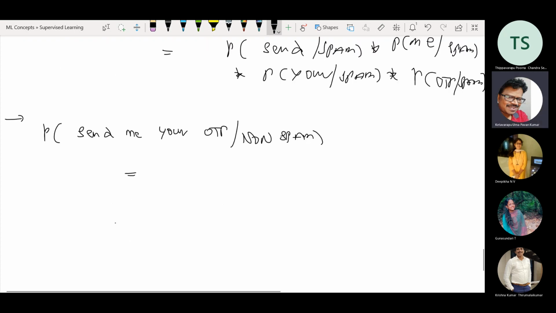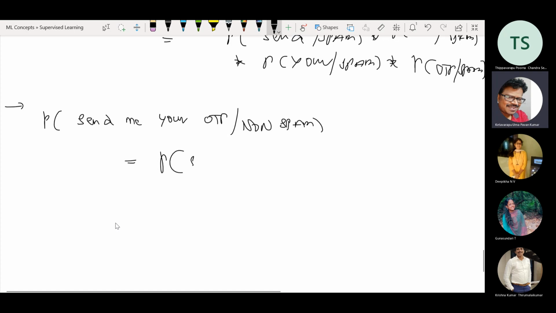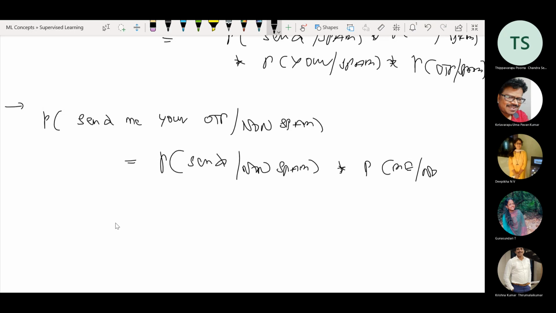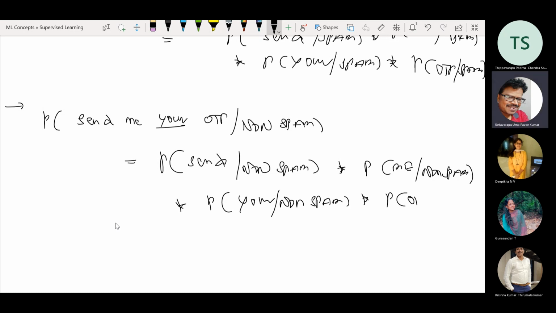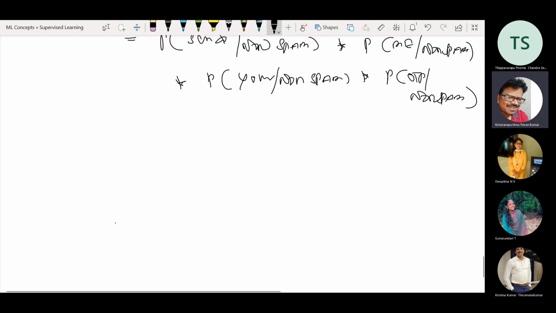So for this particular thing, similar substitution, same word repetition: probability of send given non-spam, into probability of me given non-spam, into probability of your given non-spam, and probability of OTP given non-spam. So just if you observe this kind of analogy, now let me give a try on the substitution